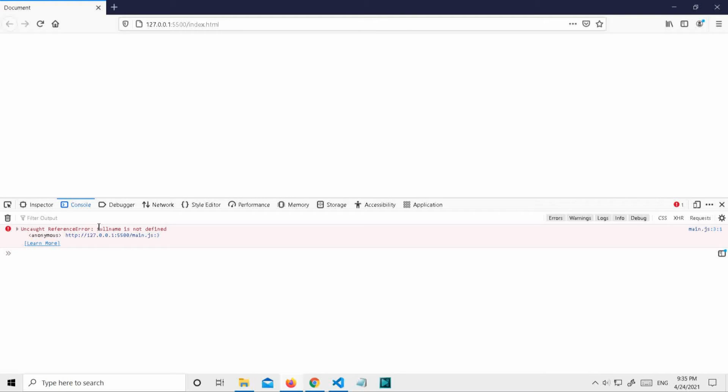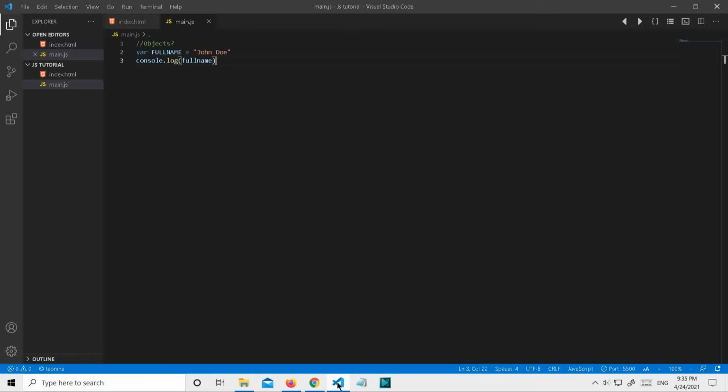See guys how it's referring to the variable name. It's showing the name which we used in the console log, with its casing.